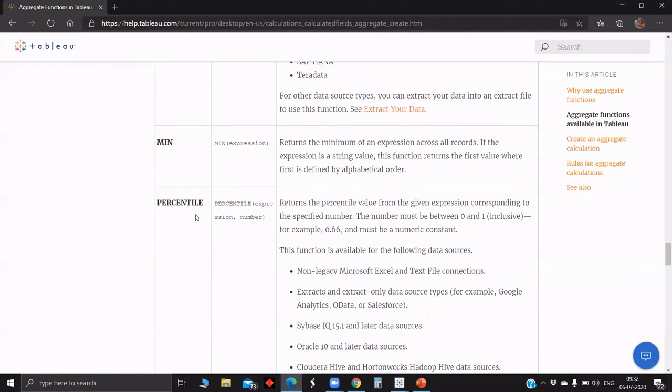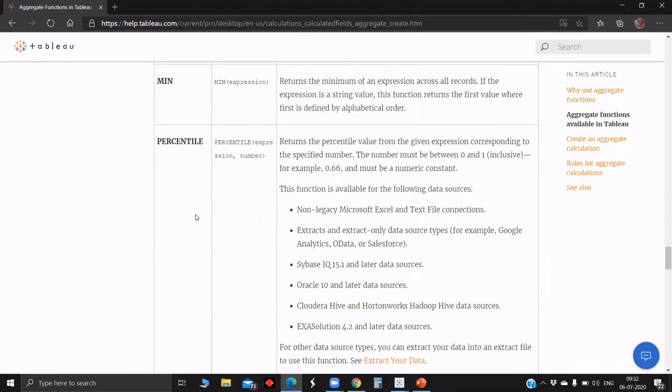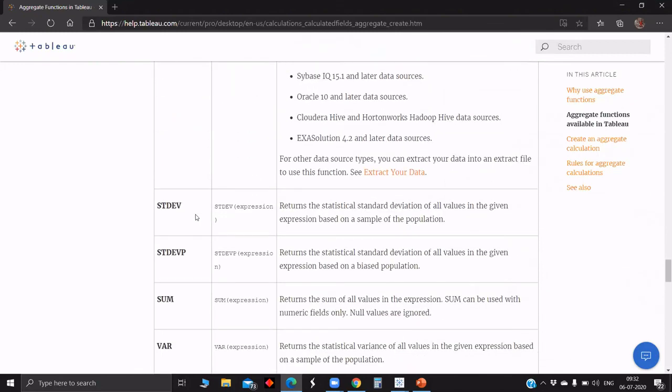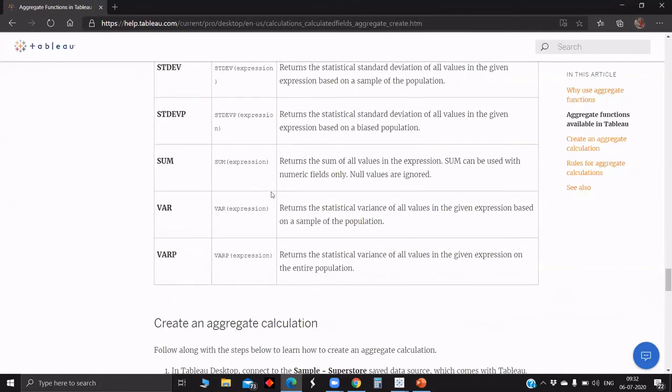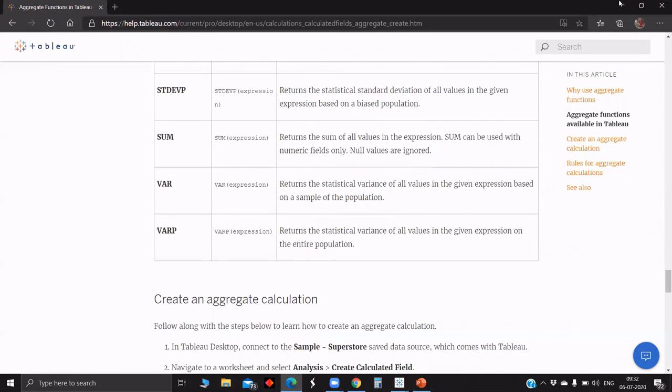So minimum and maximum will be used more with LOD rather than at the visualization level or record level, because if you use them at record level, they get executed at each row level, and that row will be the minimum or maximum in that case. So minimum and maximum can be used more in an LOD rather than at row level. So next we have sum, which returns the sum of all the values, which is straightforward.